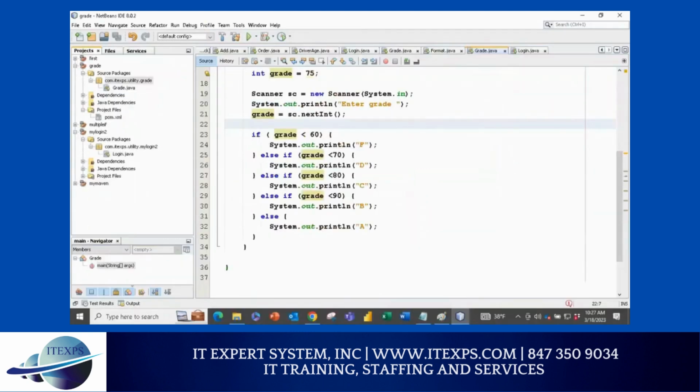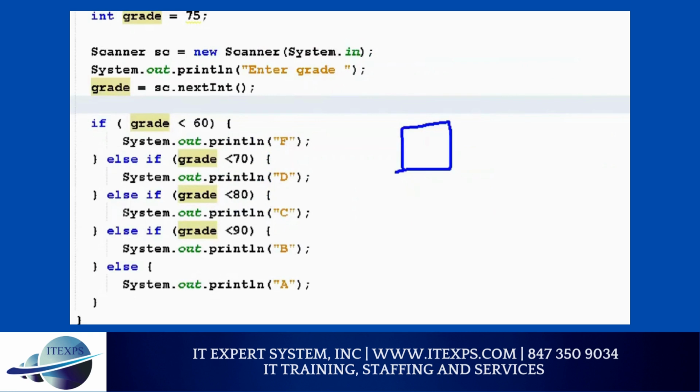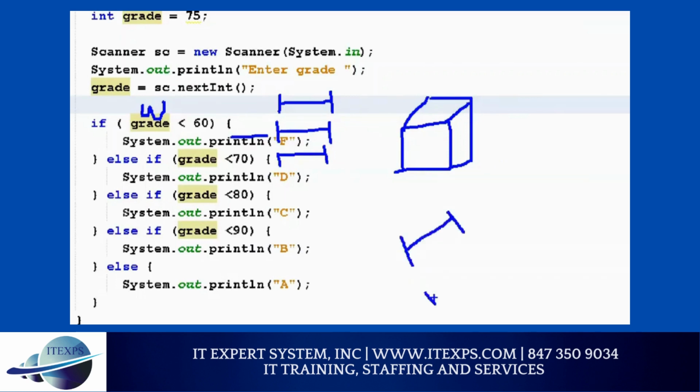With FedEx, you are shipping a box, yes or no? If your box weight is this, then this is the cost. If your box weight is this, so you give a range, right? Same thing with FedEx, think about distance. If your distance is this much, you will have this much rate. These are called multi-if statements. A lot of people are using multi-if statements.